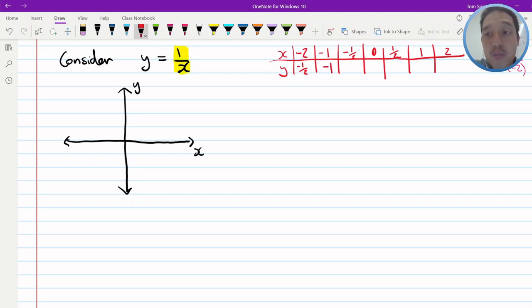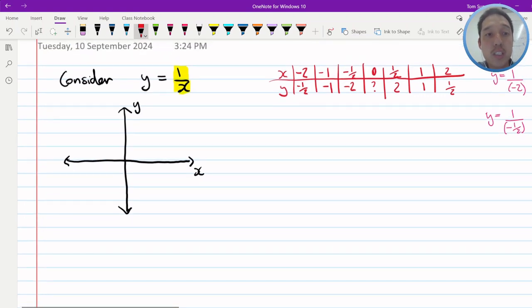Plug in -½ This is y is equal to 1 over -½ and if you do your fraction operations properly, this is -2, so we put -2. At 0 this is undefined, so we can't have anything in here. At ½ we get 2, at 1 we get 1, and at 2 we get ½